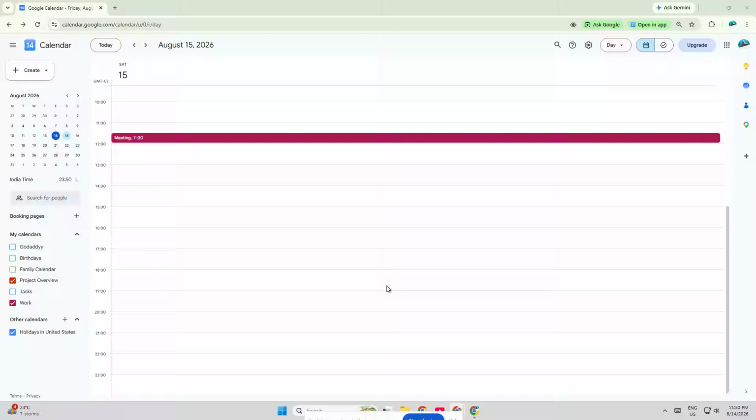If you want to show 2 months in Google Calendar at the same time, I'm going to walk you through the simplest way to do it. This is really helpful if you want to plan ahead, compare dates, or keep an eye on what's coming next